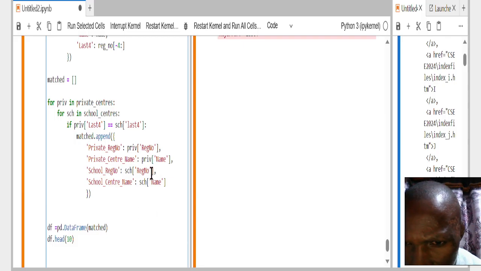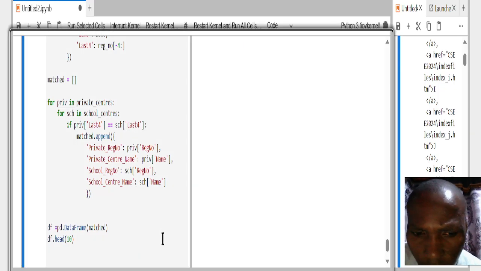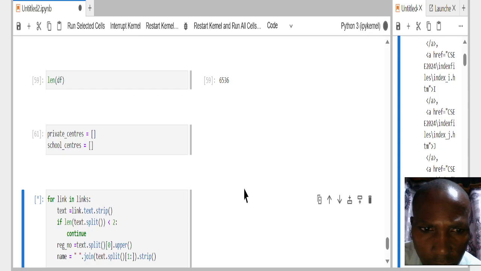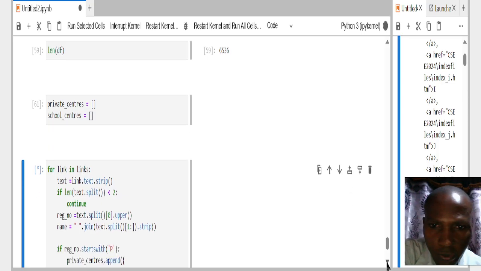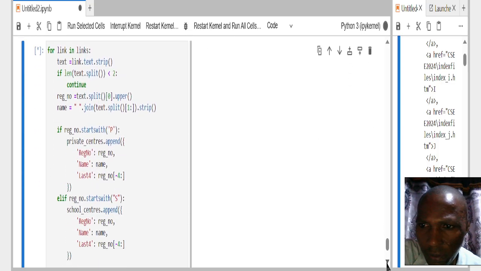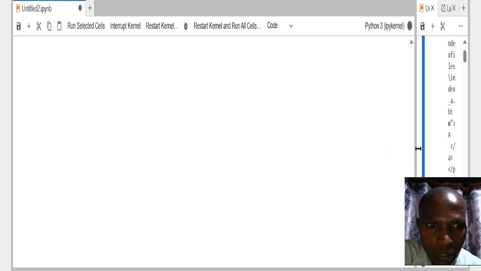In private here we do have this thing. Then we have still an error. This is learning, so we wait for the output. It is still running, as you can see. So we are waiting for the output because the schools,